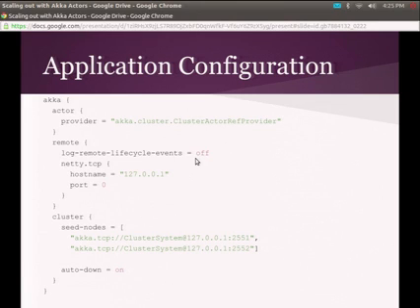All right, so I changed my provider to be an Akka cluster ref provider. What this is doing is, if you saw before when I was sending messages to actors, there's a thing called an actor ref, which is essentially a pointer to an actor. I have to tell the Akka system that this reference could be someone local or someone remote. That's what that does.